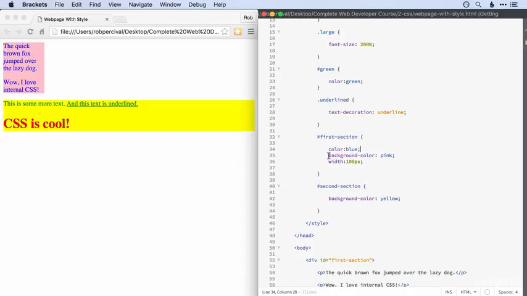The other one we've seen is changing the background color of an object, and that's pretty easy as well. Background-color and then whatever color you want. Of course, though, not all colors have names. You might want to be a little bit more precise about the color that you want rather than just allowing the browser to decide what sort of blue you want. And there's a much more accurate way you can use to get perfect colors, and that is using HTML color